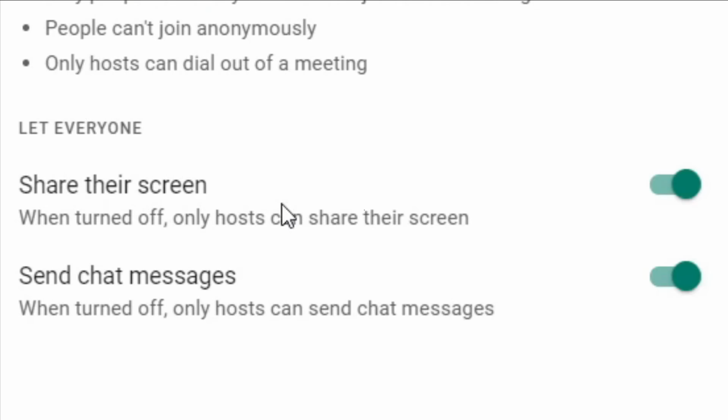Next one is share their screen. Now this is one thing, like somebody can start sharing their screen and you can't stop them because you are in the middle of the online classes and you may not even know that they started sharing unless your students tell you. So for that, you can turn this off. When turned off, only the host can share their screen. That means nobody else can share their screen from their side because you have the complete control. So turn off this setting so that nobody else can present their screen when you are teaching or presenting the screen from your side as a host or teacher.